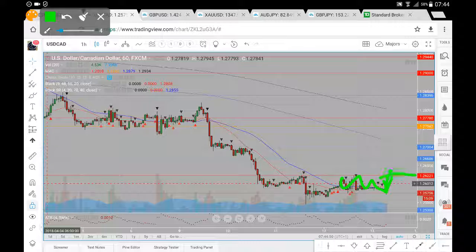If we do test the 126.22, find support after breaking the 126.22, we're then looking for price to head up towards our 126.70. Successful break from which we're looking for price to head up towards our 127 level. And before we head up towards the very next major horizontal level of the 127.56, we have to be aware